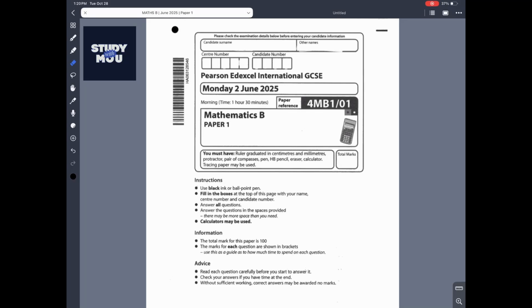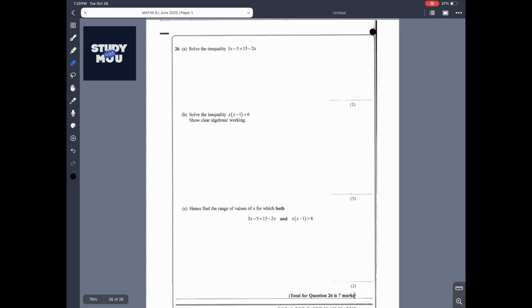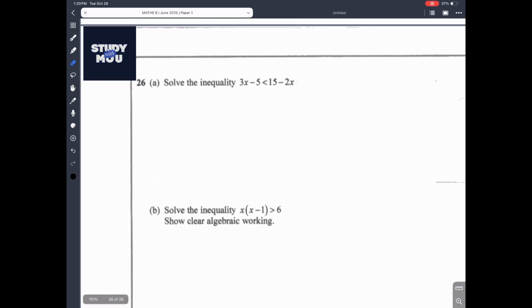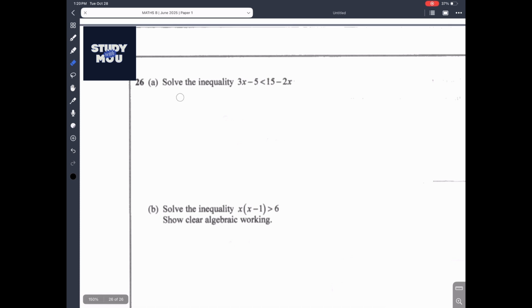So today we'll be doing Maths B, May/June 2025, Paper 1, question number 26. Solve the inequality 3x minus 5 less than 15 minus 2x. Okay, so we write